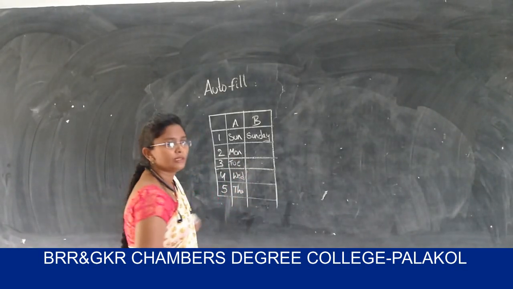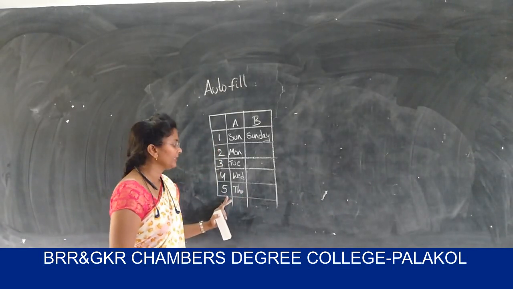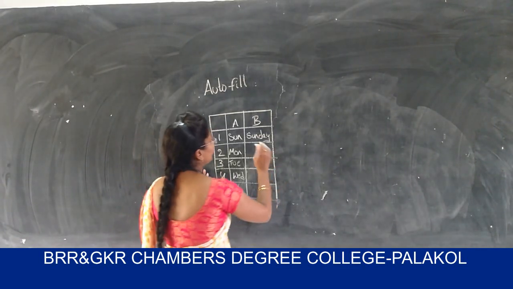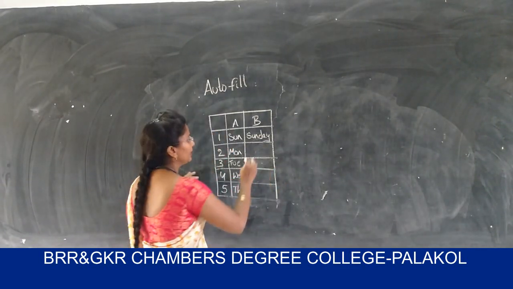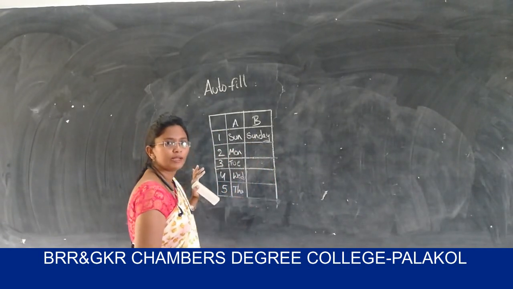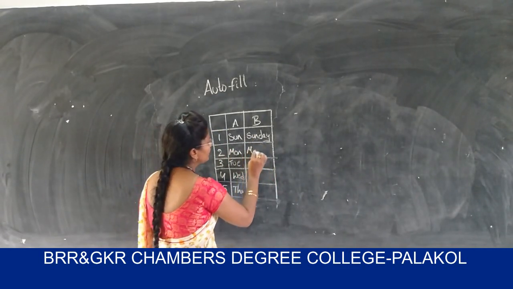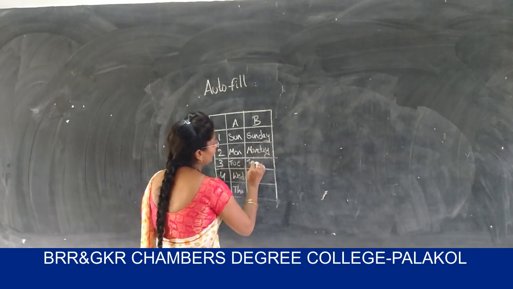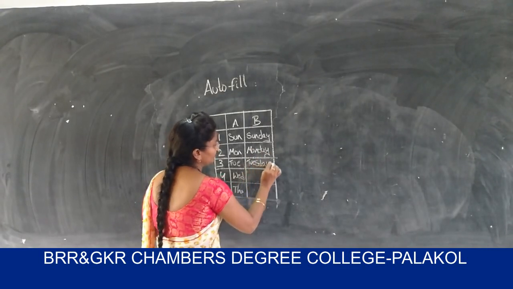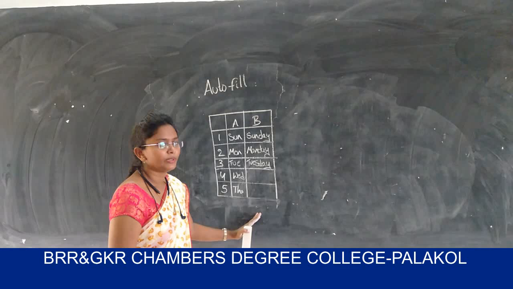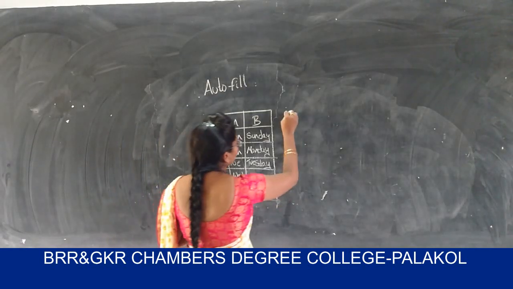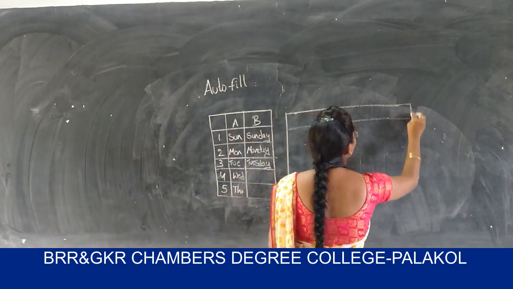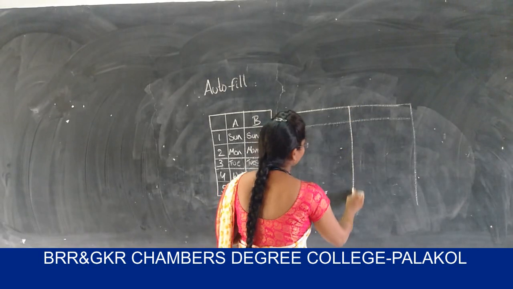This is the format. The next data will be appeared automatically. And the next way is, here I am taking the data as Sunday, and if I am clicking on this cell and dragging towards the downward direction, then automatically the next data will be appeared in the Excel sheet. This is the way the data is appeared over here. For example, I am taking the table over here. Whatever the data will be appeared automatically means,